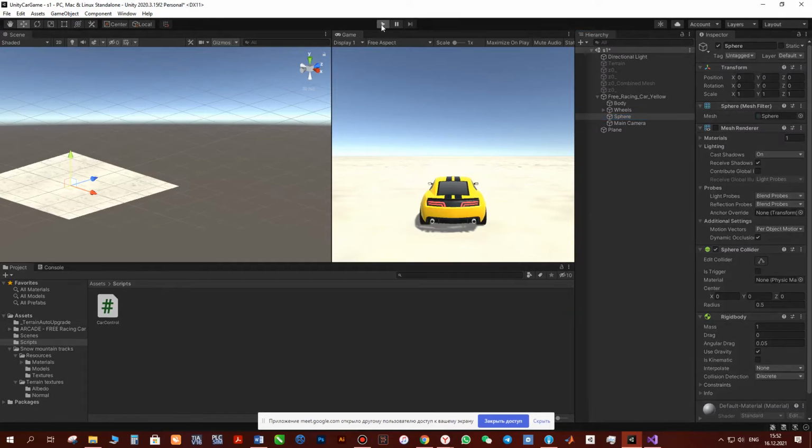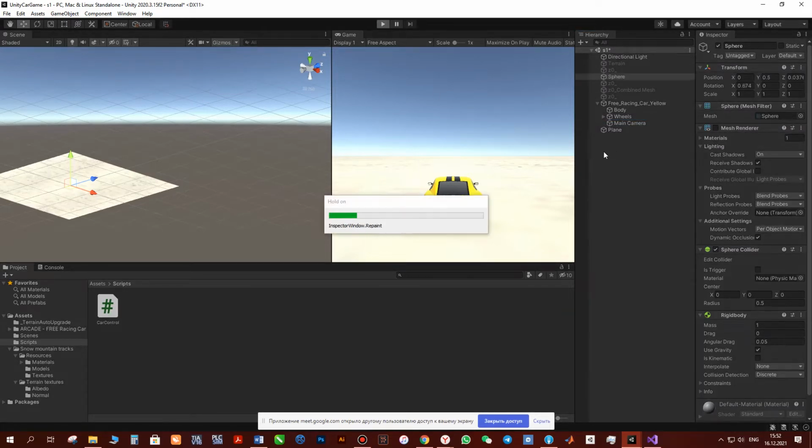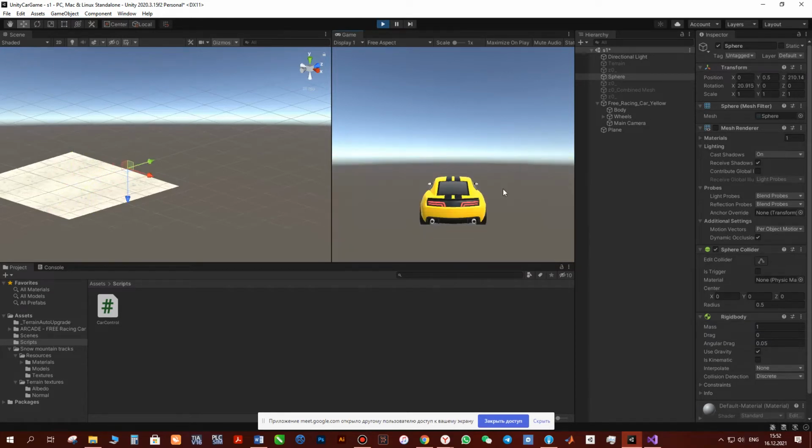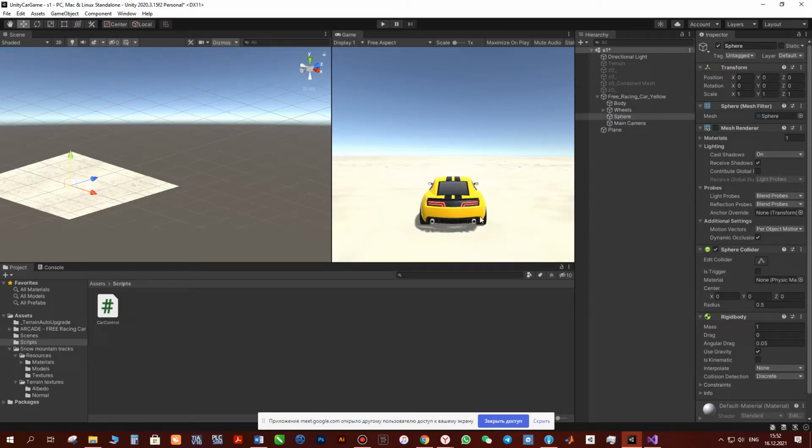So again, I started. So we have the good behavior of the car, and our sphere is no longer part of this game object. So next, what we can do is to add some control, some accelerations to our car model